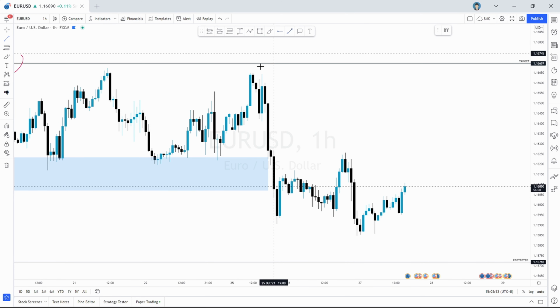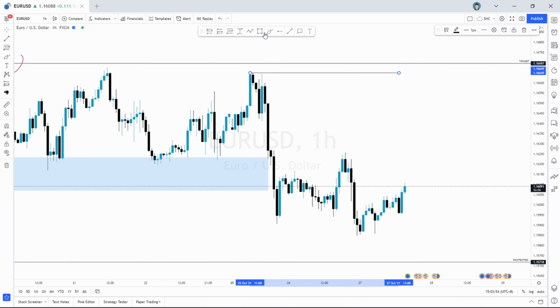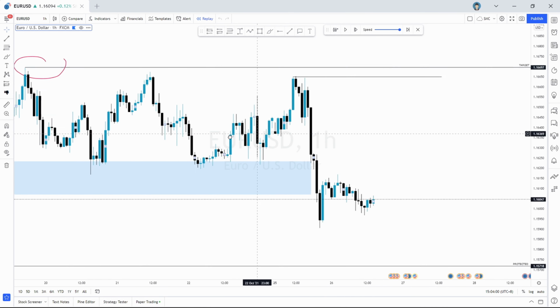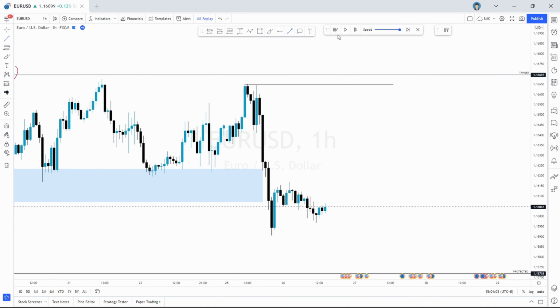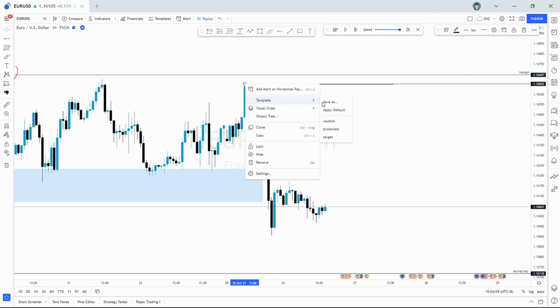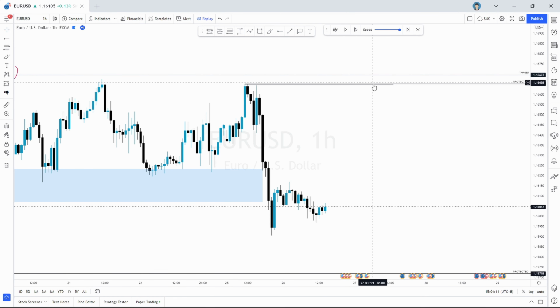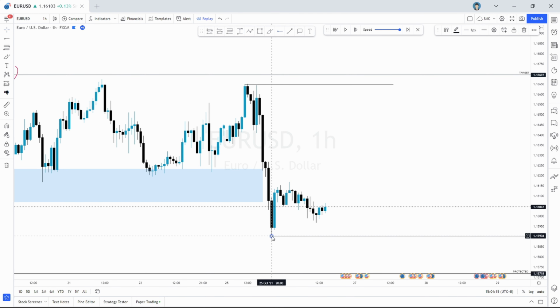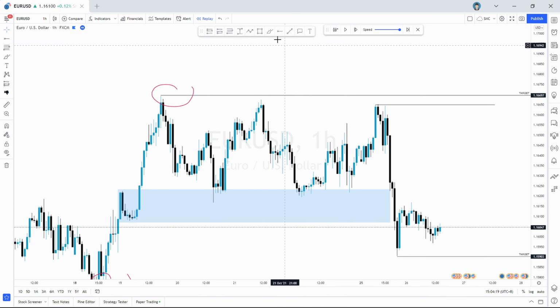Let's just mark this up, protected. Let's just go here. So this could be our protected point here. Oh, wrong tool, my bad. So we can have this as a protected point over here. Then our target point over here. Why do we have our target low here? Because again, as you can see, what